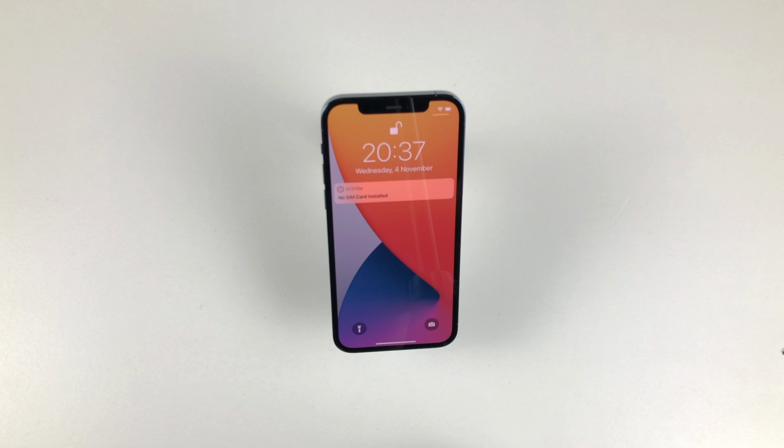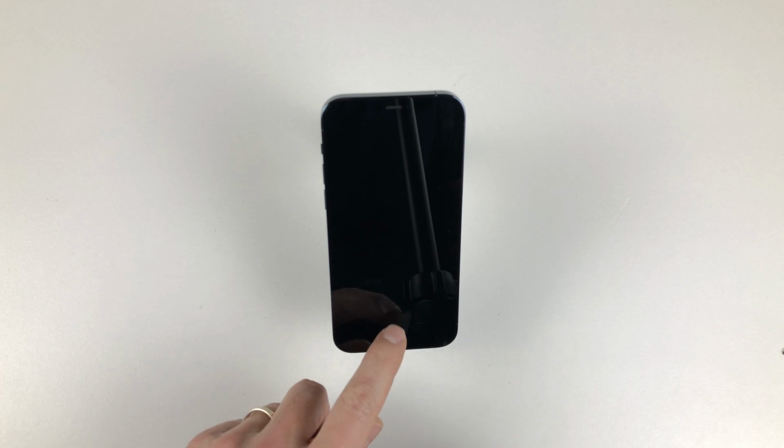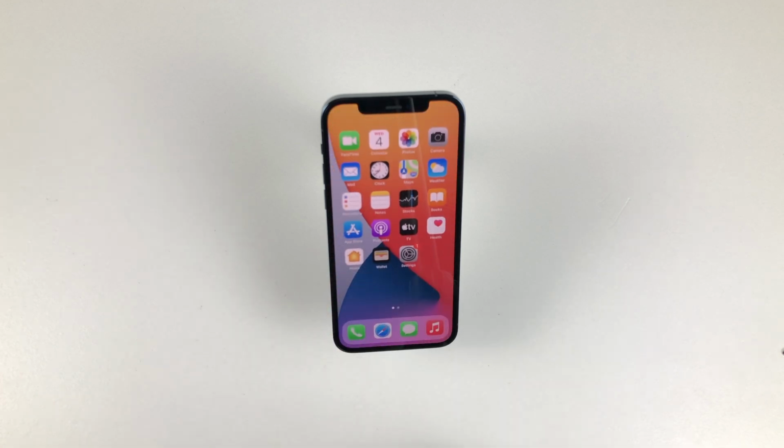As you can see on the screen, I haven't inserted my SIM card into the phone since I just unboxed it. It's still in my iPhone X. But to open the iPhone again, we simply swipe up from the bottom and Face ID will recognize my face and unlock the iPhone. When unlocking the iPhone for the first time and navigating around, you might get some pop-ups